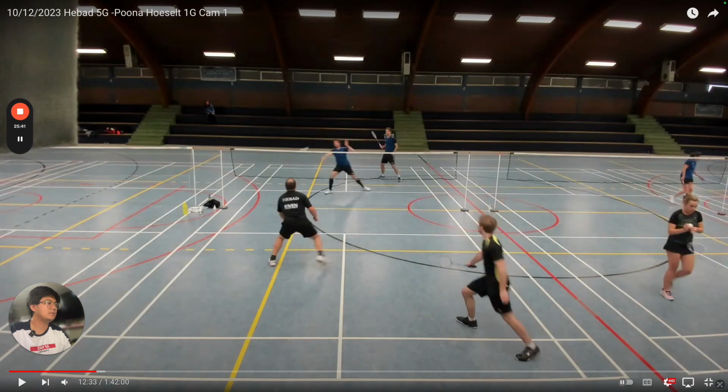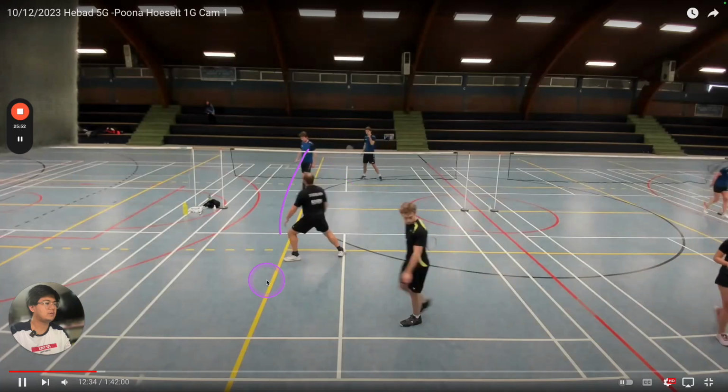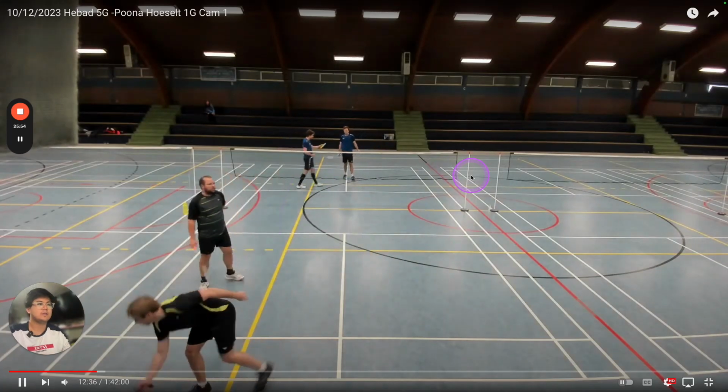The backhand, again, I would have played straight because he's in the middle, he's not covering it. Instead, you play it to his forehand, right? This guy's racket's not up, so it doesn't matter if he plays it at him. So he just moves out of the way. So that's what I would say.